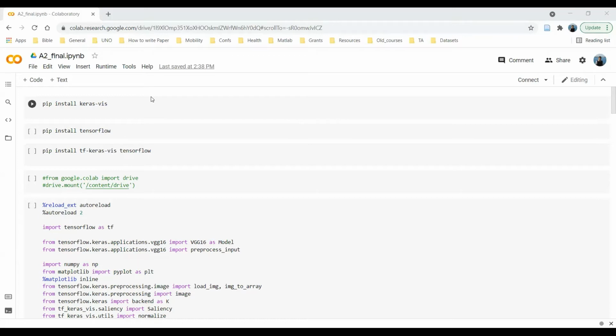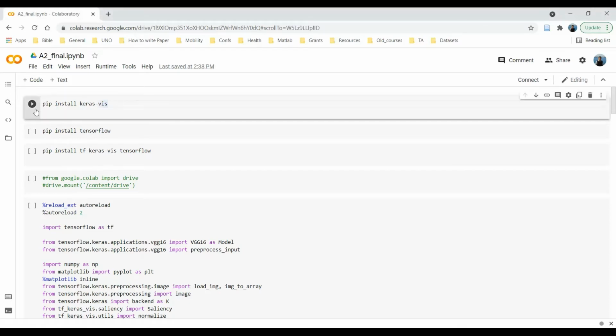VGG16 is a popular model in machine learning, and it has 1,000 classes, which means it has the potential to predict 1,000 classes of different images. So let's go step by step. And by the way, I'm using Google Colab, and I'm using TensorFlow as my backend. I will run step by step, and then I will explain what I am doing here.